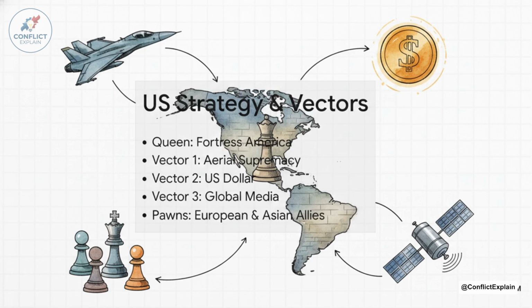Its queen. According to Jiang's reading, it's Fortress America. The core goal here is to absolutely secure the Western Hemisphere while maintaining a state of divide and rule globally. And what does divide and rule actually look like in practice? Well, it means if Europe is bogged down fighting Russia and the Middle East is locked in perpetual proxy wars, the US remains the undisputed global hegemon just by supplying the weapons, the capital, and the resources from a very